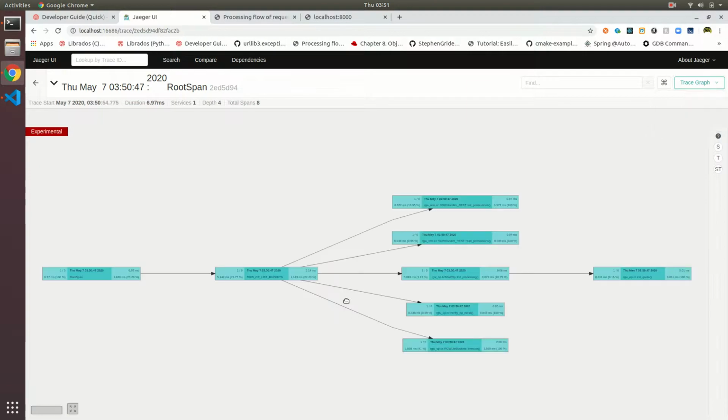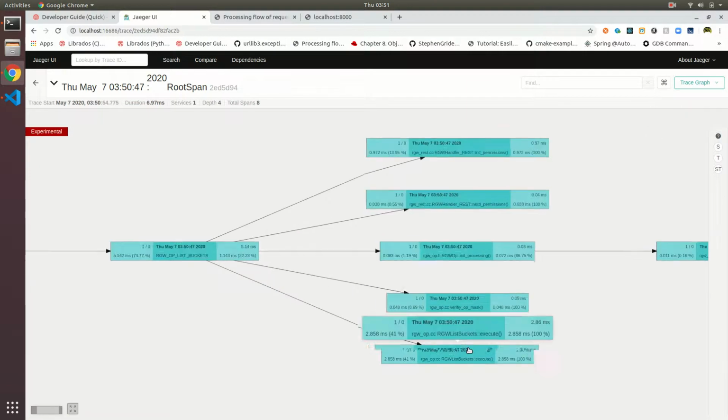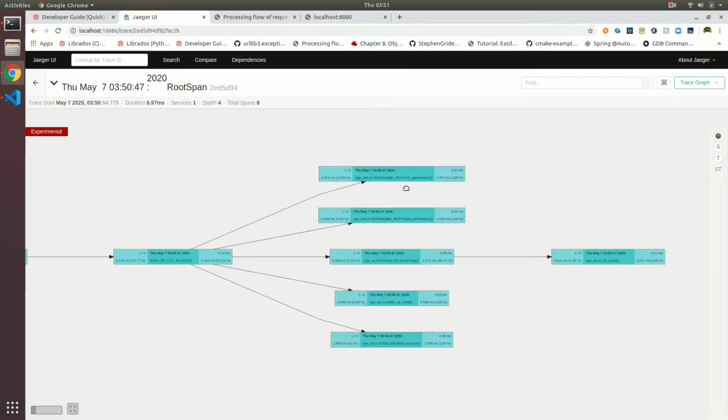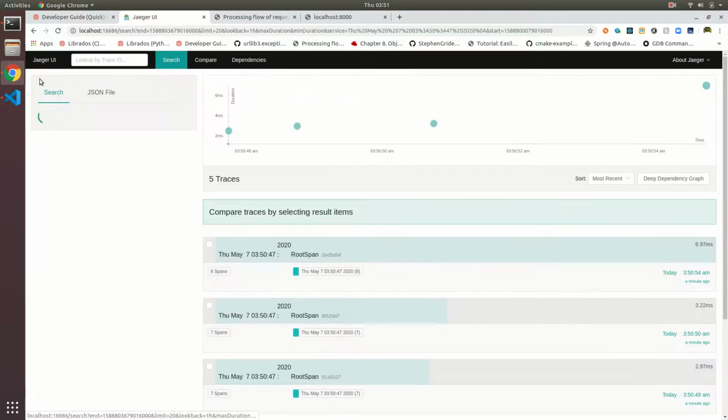If I open this, you will see the request of RGW list bucket execute, and these are authentication functions used to verify the users and the request.